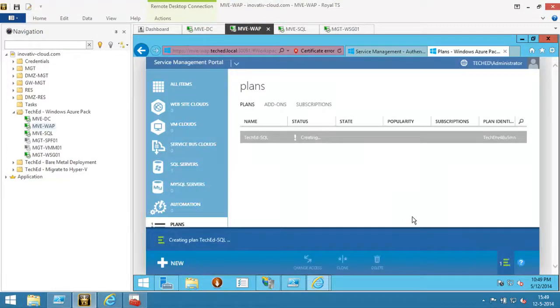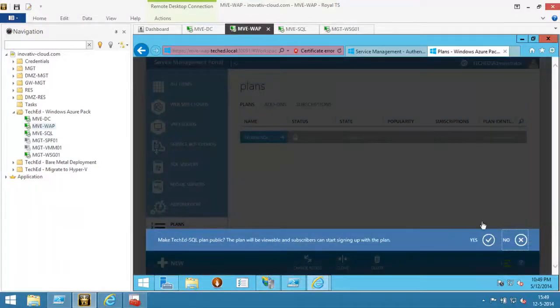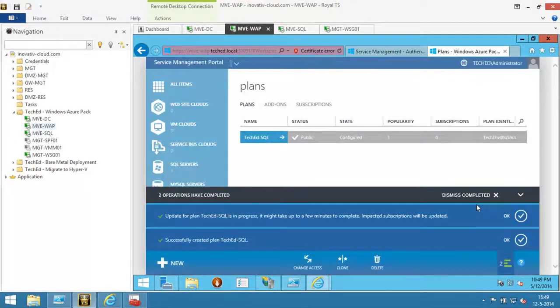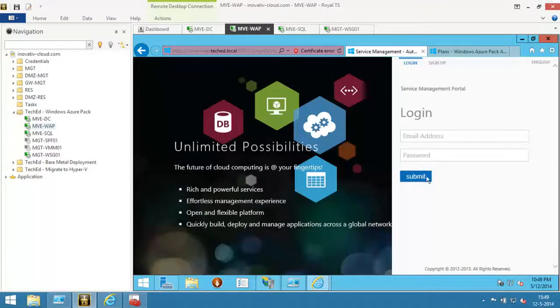So this is the component I just created. This plan is now created, and the last thing I'll do is make this plan public. Change access, public. And that means that a tenant has the possibility to subscribe to this particular plan. So what that's done, let's have a look at